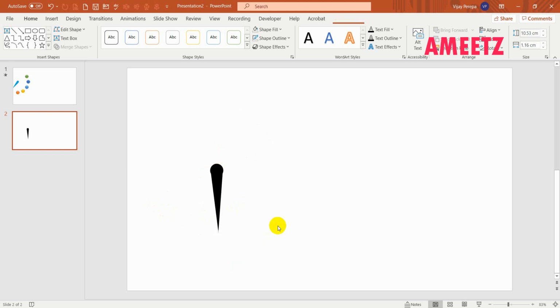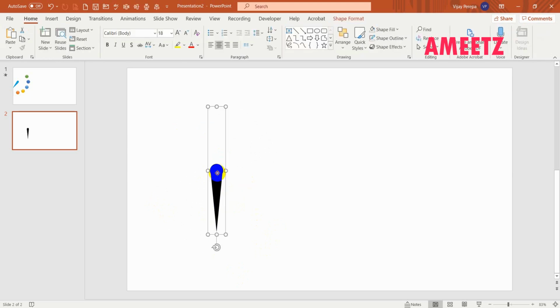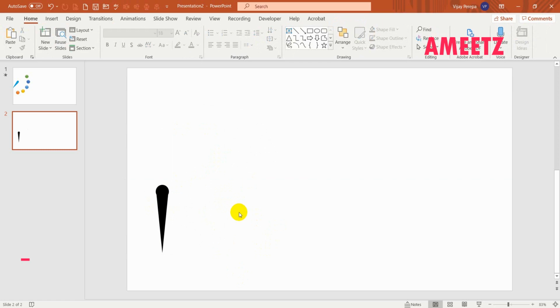I think it's a little not right. I think, yeah, that would be good. Now let me bring this and keep it somewhere here. Now I need to create circles and I need to make the animation stop the needle exactly at the position of the circle. If you create the circles and then animate the needle, it may not happen properly. First let us set where to stop, and whenever the needle stops there, let us add the circle.